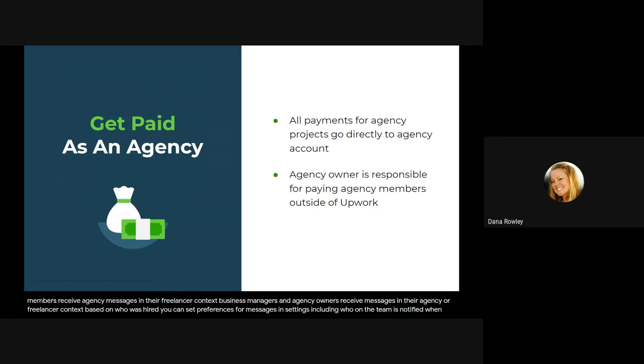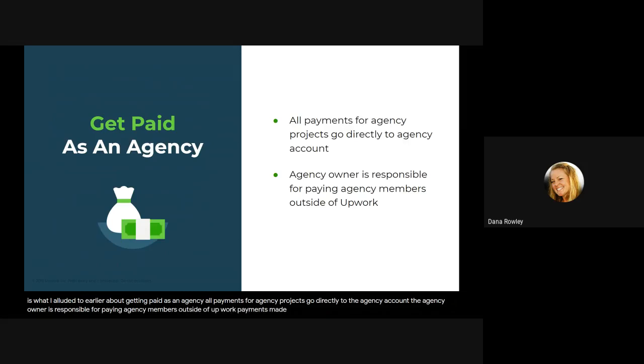All right, so this is what I alluded to earlier about getting paid as an agency. All payments for agency projects go directly to the agency account. The agency owner is responsible for paying agency members outside of Upwork.